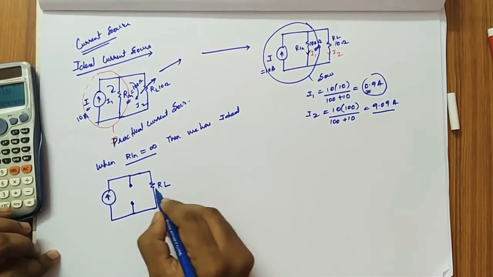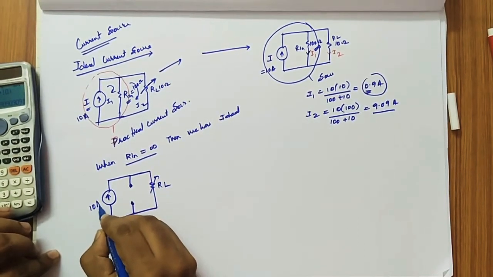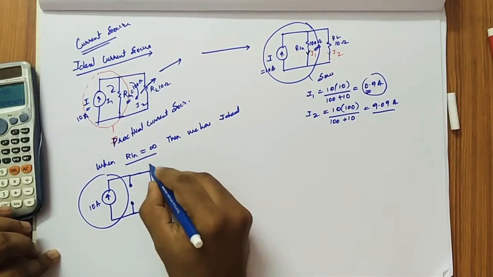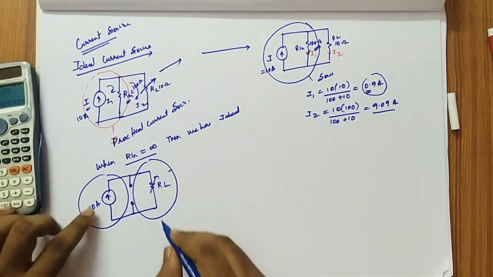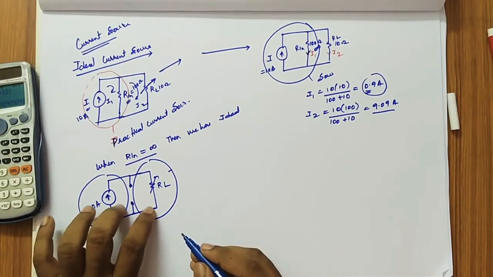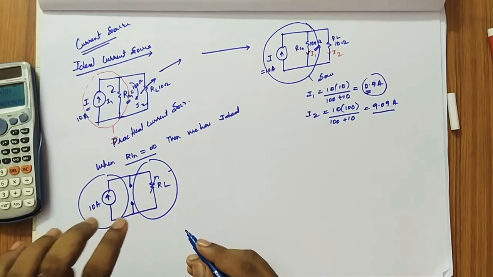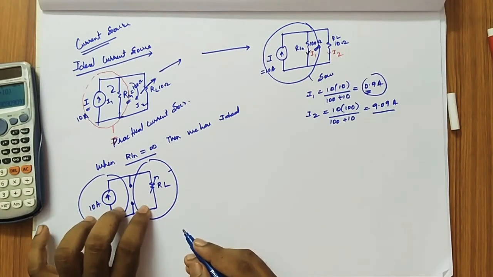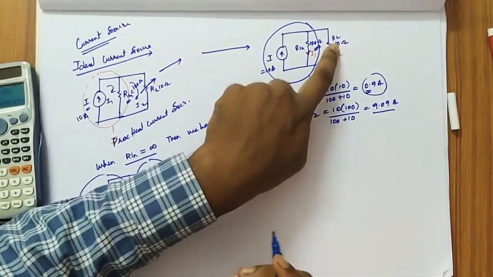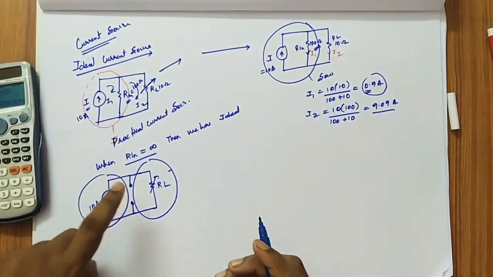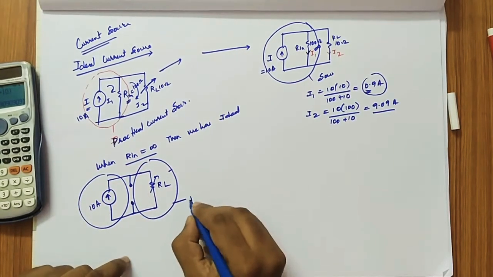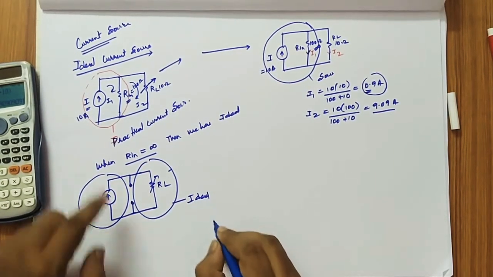The load gets 10 amps. So there is no provision of flow of current. Whatever the load you are giving, that load will get the complete 10 amps. Okay, this is the ideal case. In the world there is no existence of this type of system. Practically, the internal resistance should be high compared to the load. But if that internal resistance is very much high, up to infinity, then you will reach the ideal case, that is the ideal current source.